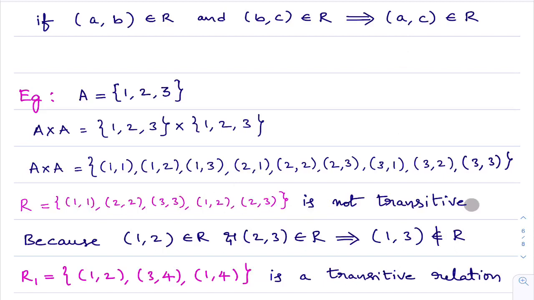What is the reason why I said it is not transitive? Because 1 comma 2 is there in this relation, and 2 comma 3 is there in this relation. That means I am able to identify A comma B, B comma C in the relation. Then I need to check for A comma C. What is A comma C? Ordered pair 1 comma 3. Is 1 comma 3 there in this relation? No, it is not there. That's why we are saying this is not transitive. I hope you got some clarity about this. Saying it is not transitive is easy, because one small counterexample like this is enough. When it is transitive, you have to be very careful.